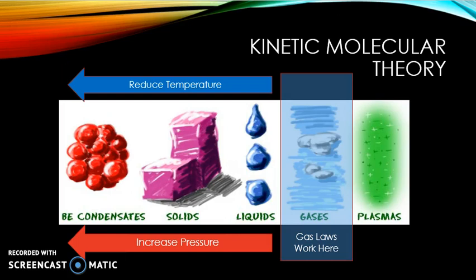On the other side of the extreme variety, I can take a gas and turn it into a plasma essentially only by making those molecules move faster. Now that will not happen by manipulating the pressure. So if I wanted them to move faster, I must manipulate only the temperature. And if I increase the temperature, I can effectively create a plasma. Again, check out the other videos that I have after this. I think it would really help you understand what a Bose-Einstein condensate is, or what a plasma is, if you're interested.